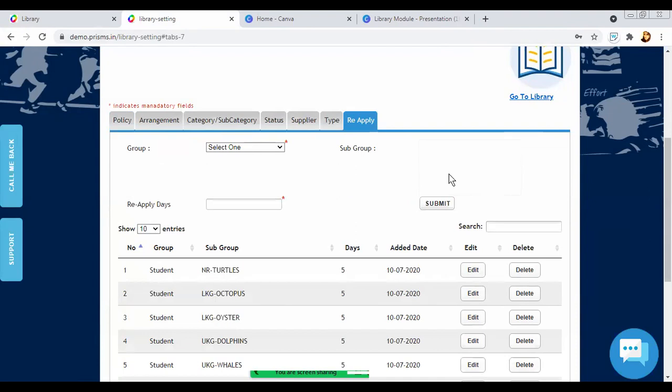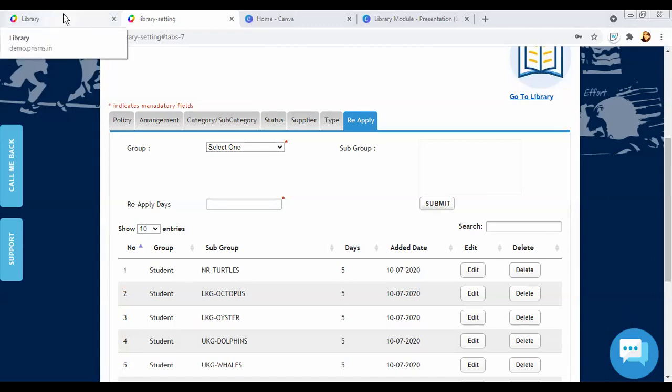Fine. So anyone any query on this part? Whatever we have covered till now. Actually, can we issue two books at a time? We can issue 2 books. If they are 2 different books, no problem. Or 2 different copies at least. Right. That part we will cover, because when we are showing how to issue books, we'll note this down. So we'll cover this part also. Okay. So I think this is it in the settings part. So we can proceed further.